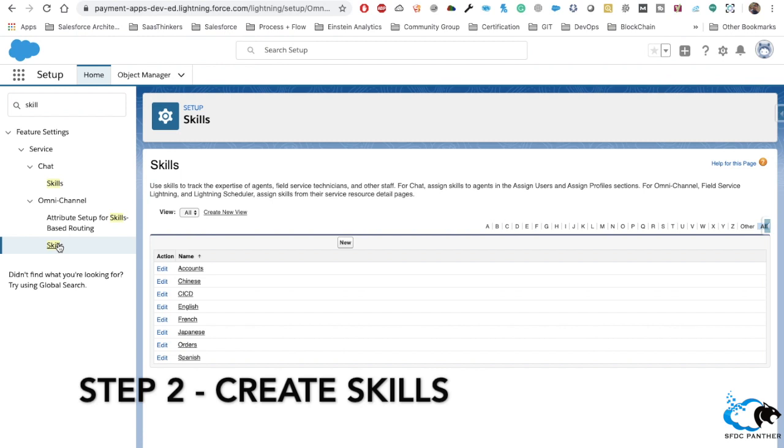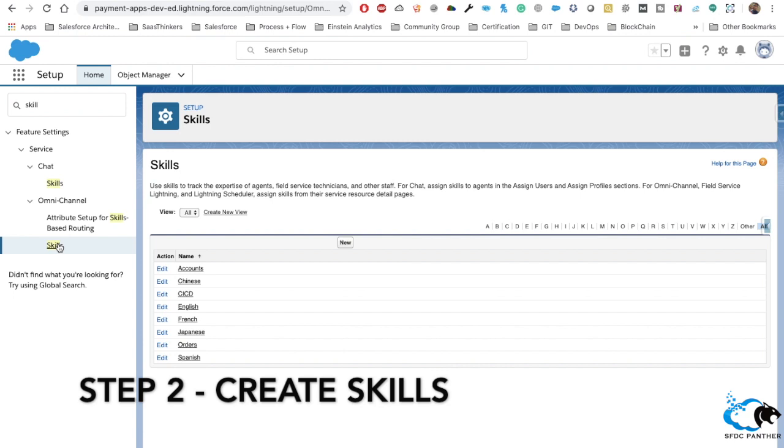And there might be some other specific things, like some sales or service representatives who are mainly experts on account related queries. Whenever a customer comes to you with a problem related to their account, you can route those to the sales representative who is an expert in that area. There are other areas like orders, or you can provide other skills based on your business need. So that's what a skill is.